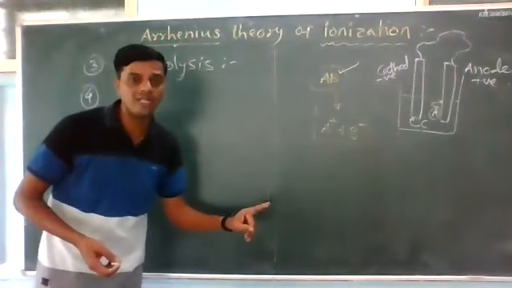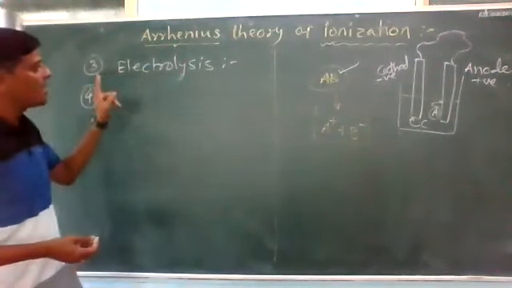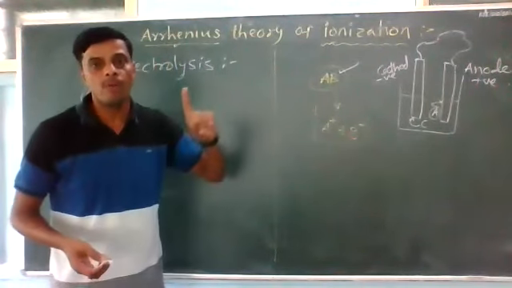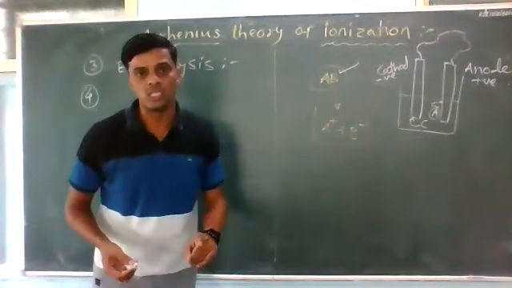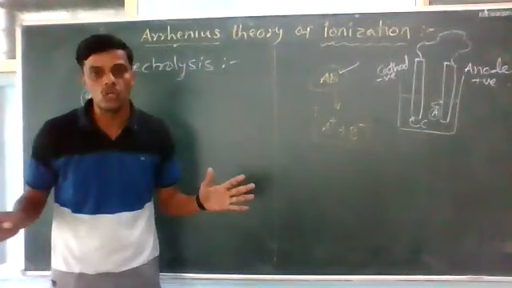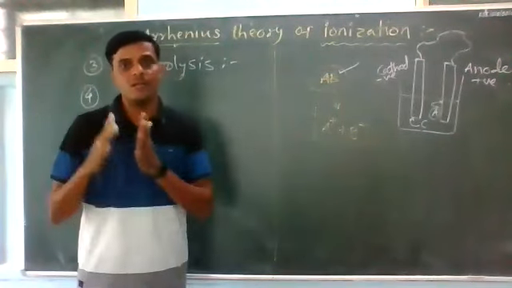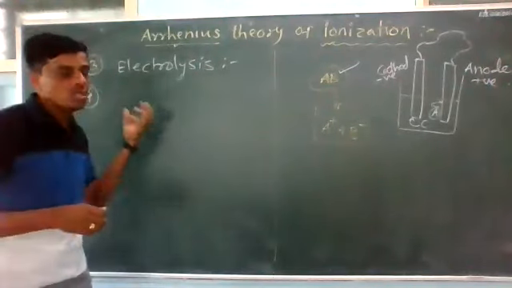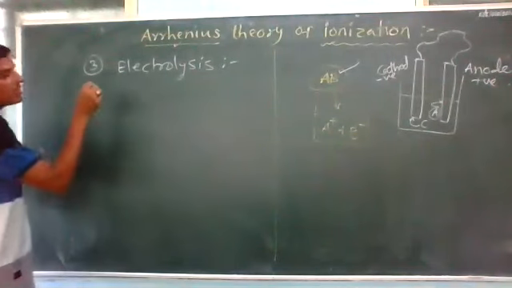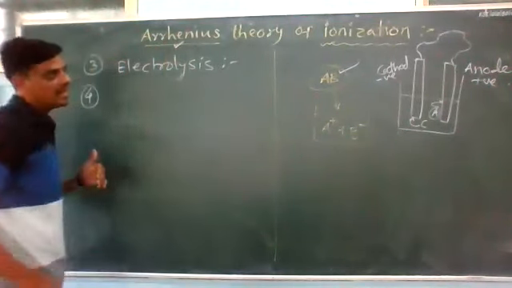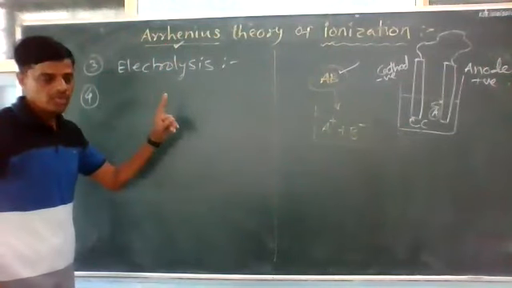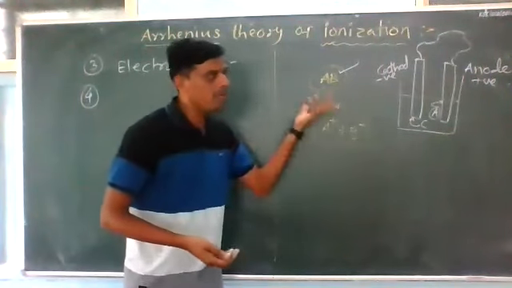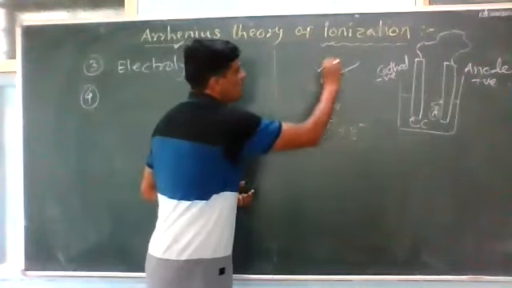Conductivity of any electrolytic solution depends on the number of ions, the number of positively or negatively charged ions formed during the electrolysis process. The conductivity of any electrolytic solution depends upon the number of ions present in the solution, the degree of dissociation. Therefore, he concluded that electrolytic conductivity depends upon the number of ions present in the solution, and the number of ions present in the solution depends upon the degree of dissociation of the neutral electrolyte.